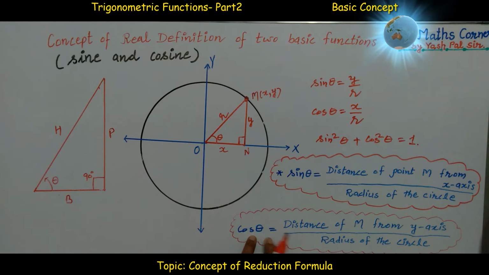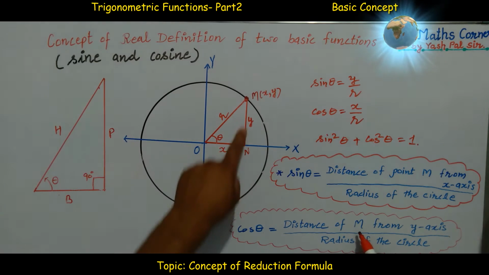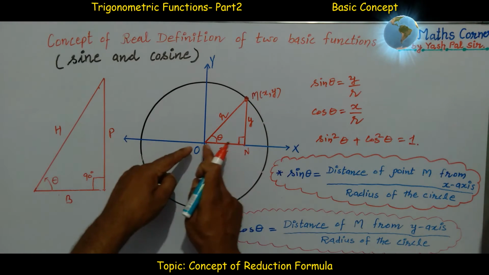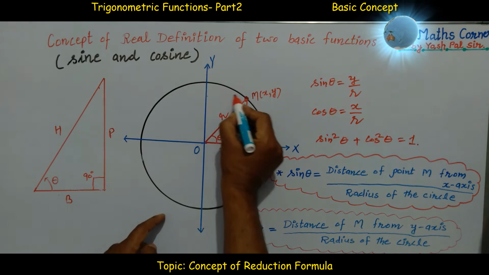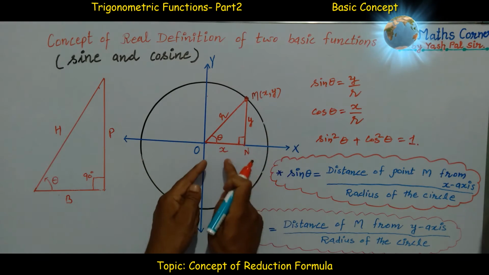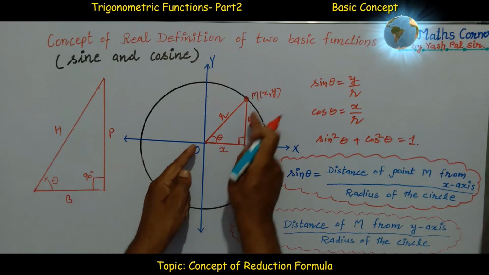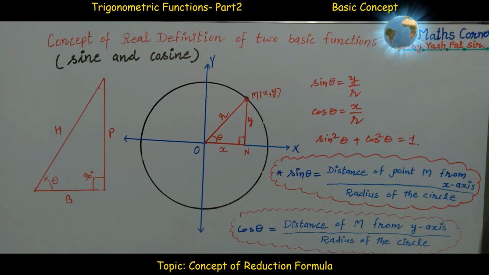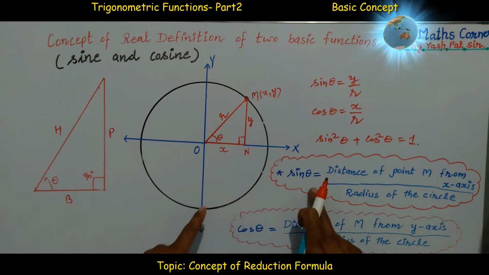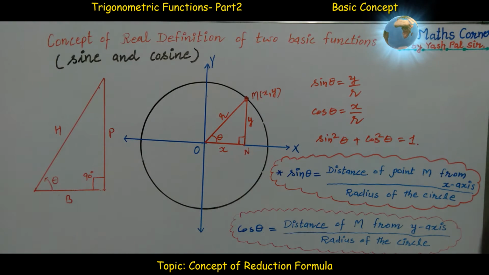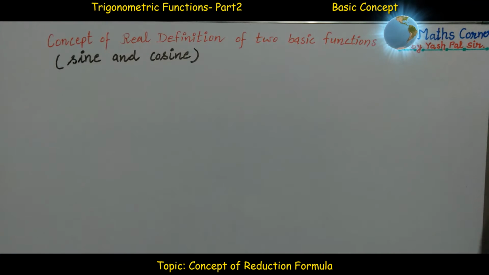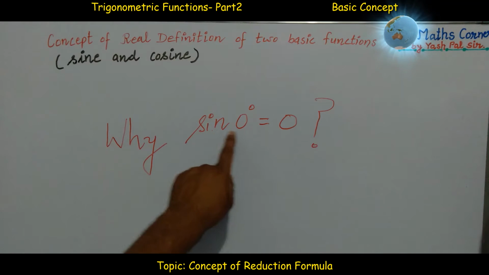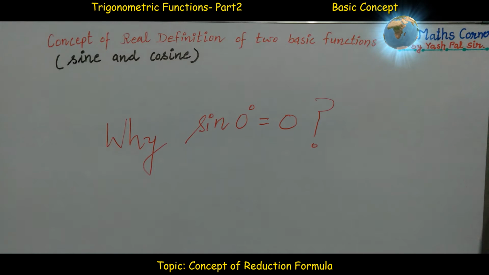Likewise, cos theta is equal to distance of this point M from y axis. What is the distance of this point M from the y axis? That is x, divide radius of the circle r. So this is cos theta. This is the real definition of sine and cos. Now let us discuss a few interesting cases. Why sine 0 degree is 0,